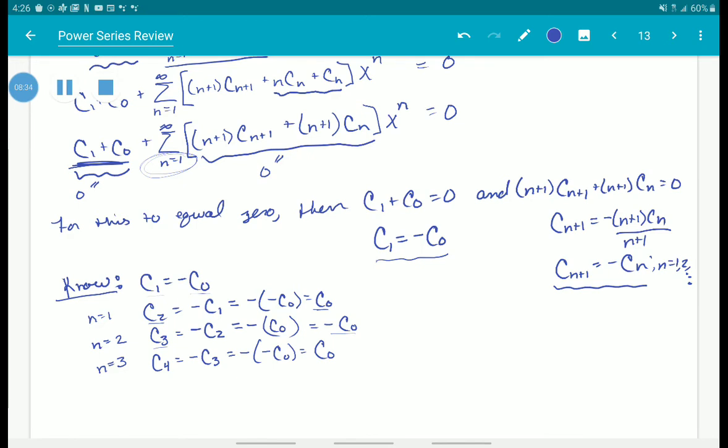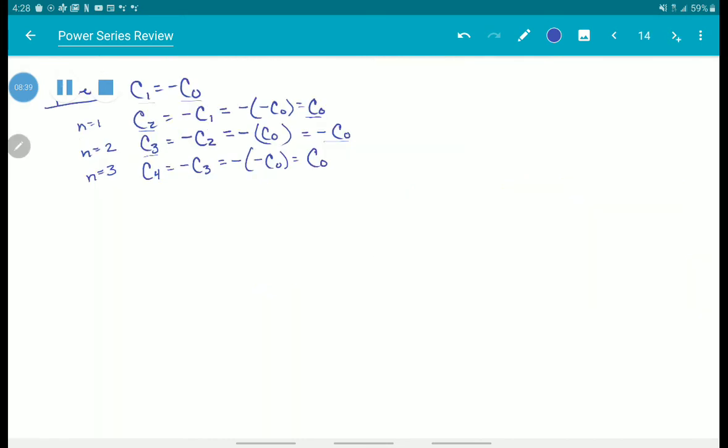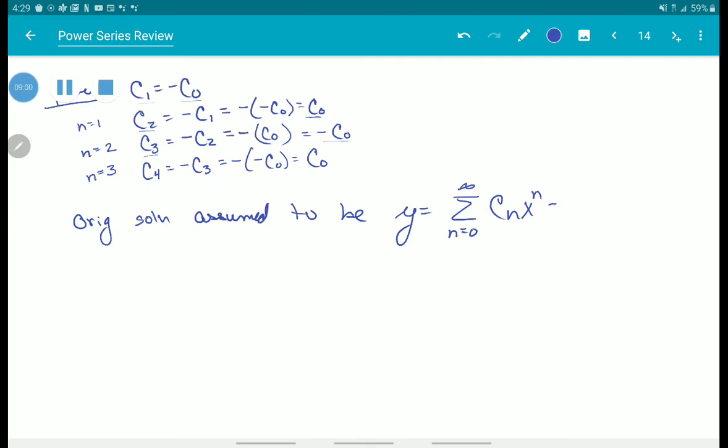So now that we have this pattern, let's go back to what that original solution was going to look like. Remember what our original solution was assumed to be? It was y equals the sum from n equals 0 to infinity of c_n x to the n. If we expand that out a few terms, we would have c0 plus c1 x plus c2 x squared plus c3 x cubed, and so on. So if we make our substitutions in,